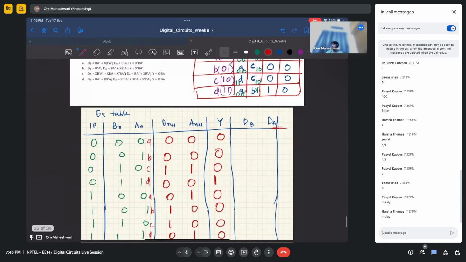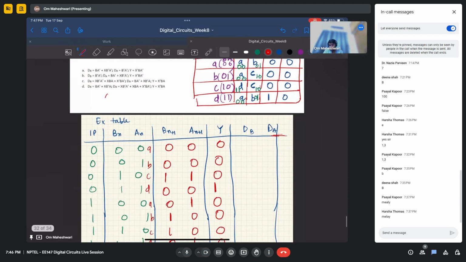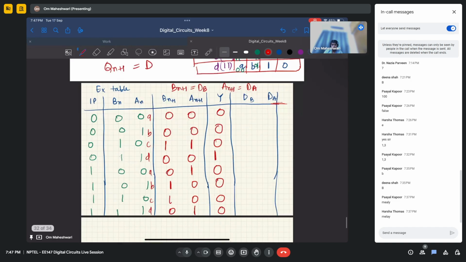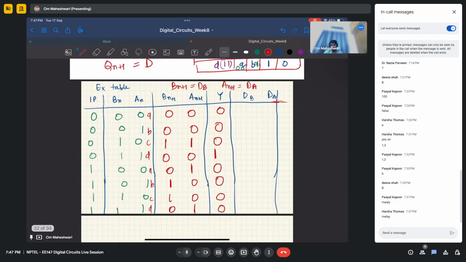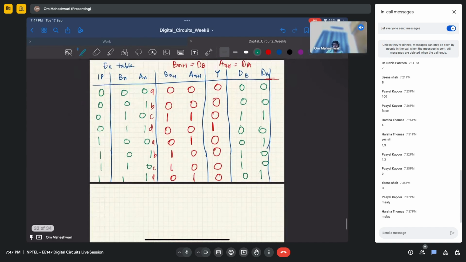flip-flops. So for D flip-flops, you know Qn plus 1 equals D. So simply Bn plus 1 equals Db and An plus 1 equals Da. And simply write it like here. Same 0, 0, 0, 0, 1, 1, 0, 0, 0, 1, 1, 0, 1, 0, 0, 1. Okay. Now the next step is you write